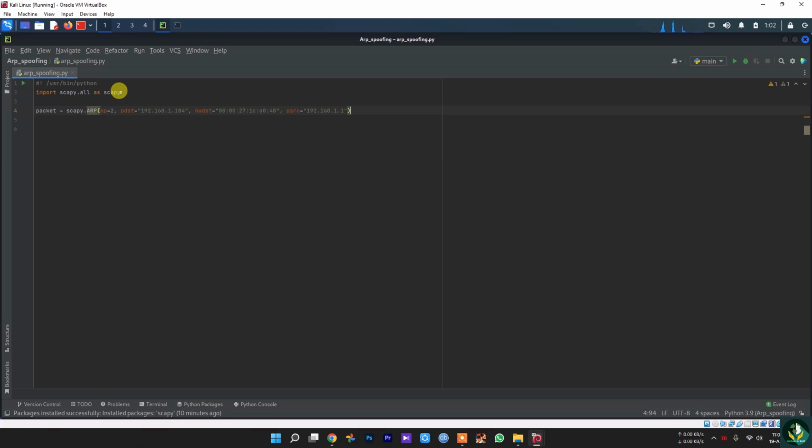So we are going to say that packet is equal to scapy.ARP, and between these two brackets